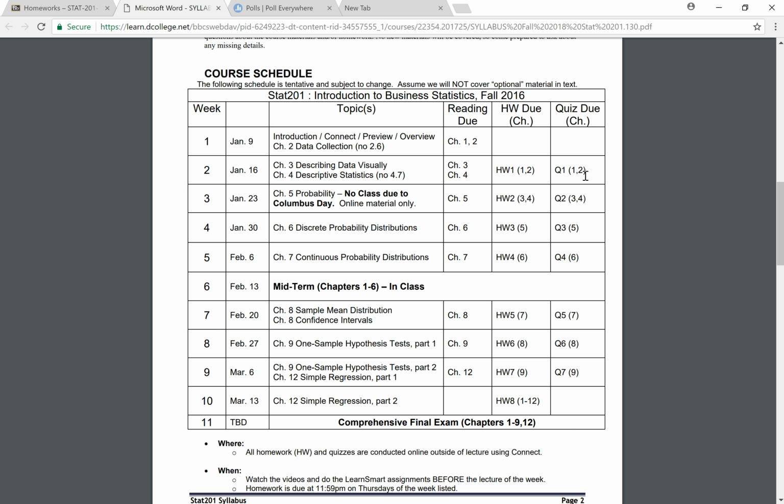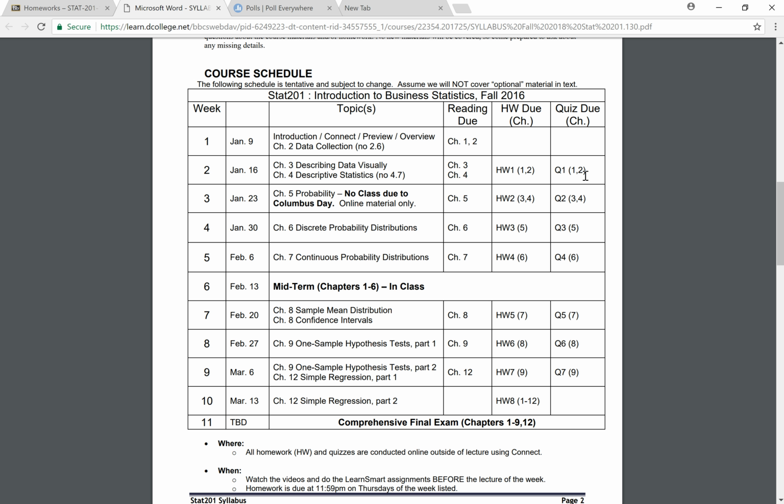I will drop your 2 lowest quiz scores, and I'm going to do that because I don't want to hear about why you missed or had problems with your quizzes. So if people start asking me about, you know, I'm going to be out of town, I can't do the quiz because I'm going somewhere where there's no internet access, then I won't drop your quizzes. I'm very sympathetic to your problems and your plights and everything you've got going in your lives, but that's why I'm dropping 2 quizzes.